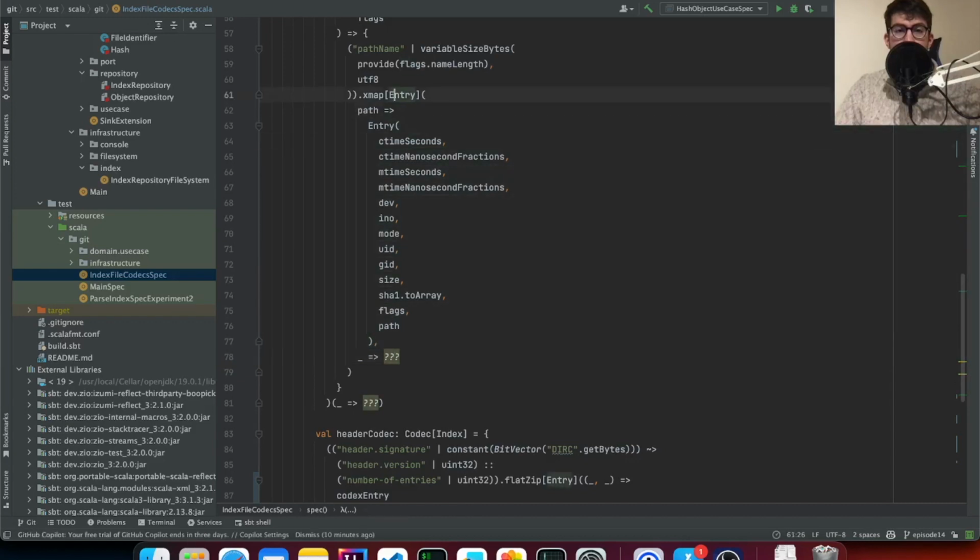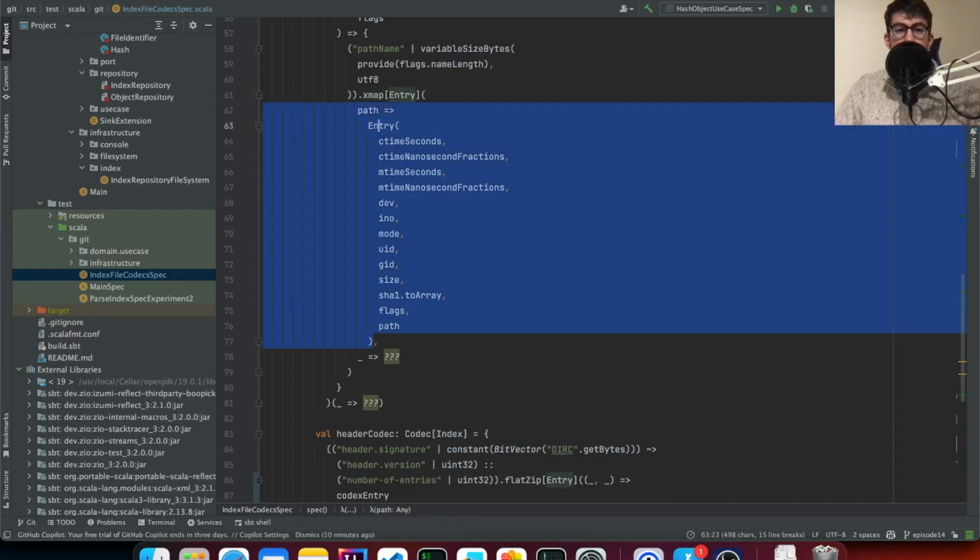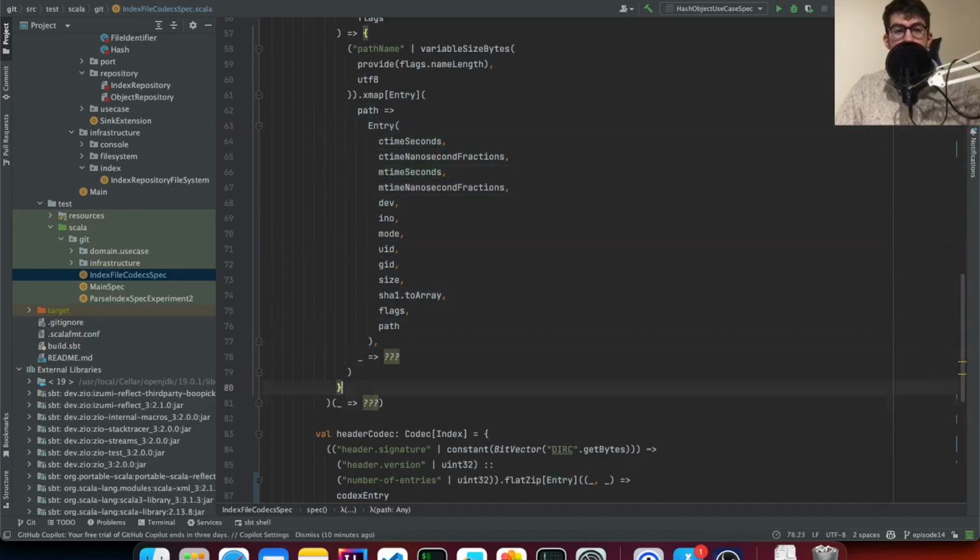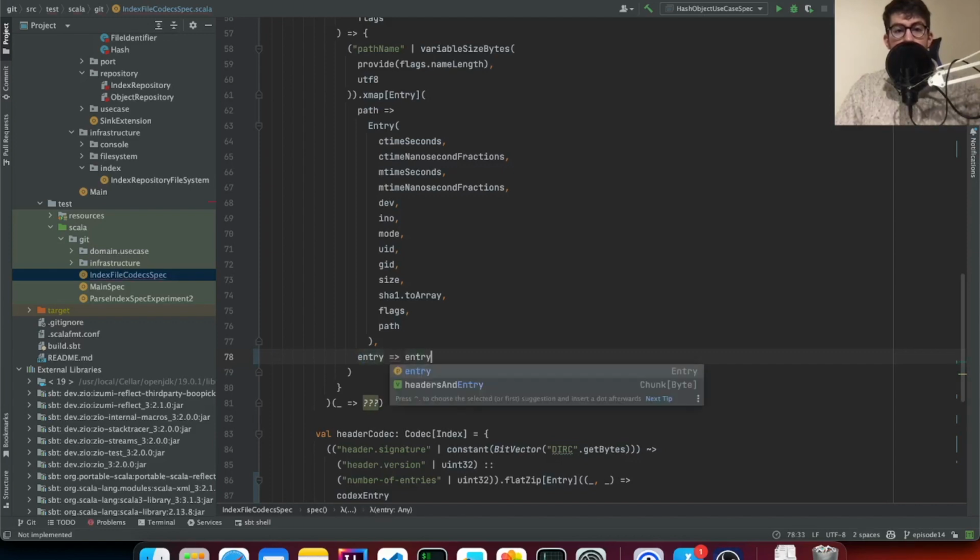So here we have a function from string to entry. Here we just need to extract the path in entry, right? So if I do entry path,